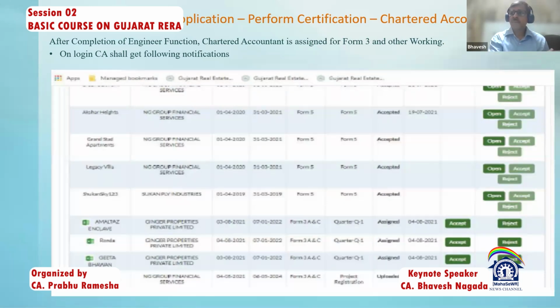Again, the promoter assigns a chartered accountant for Form 3 and MOF, if the project requires MOF, and similarly it will come into the dashboard of a chartered accountant. The moment it comes up on the dashboard, the chartered accountant will either accept or reject based upon its criteria and conditions. But as a friendly advice, I will tell my fellow chartered accountants,